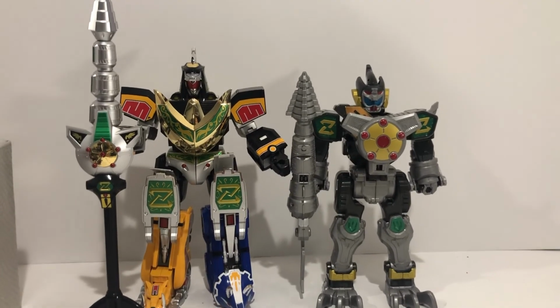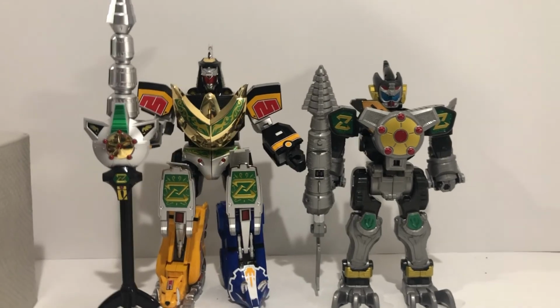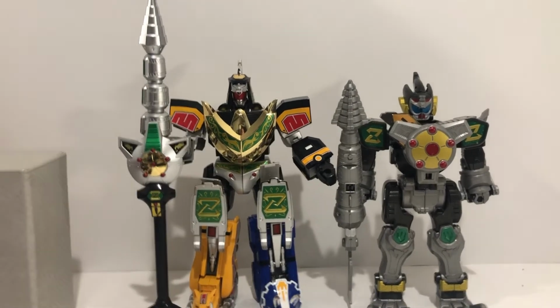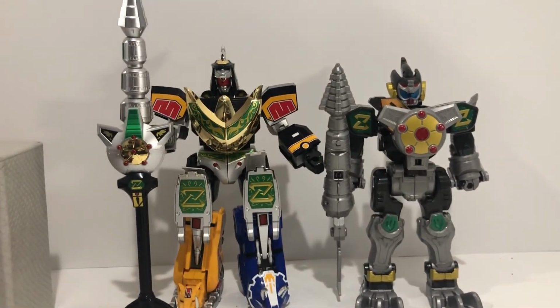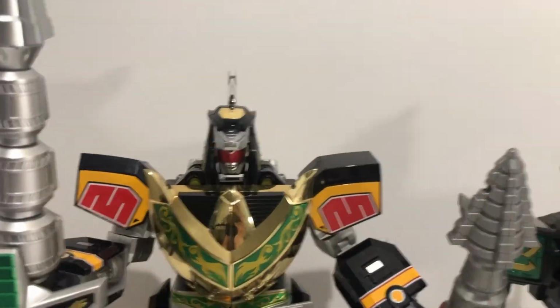And here's Garugin with Super Zenkaiser. Obviously, what Super Zenkaiser is based on. I don't have a VREX or QREX to show with Super Zenkaiser, but obviously the head is literally VREX and QREX's head. But yeah, so there's that. You can see the head, what it's based on,